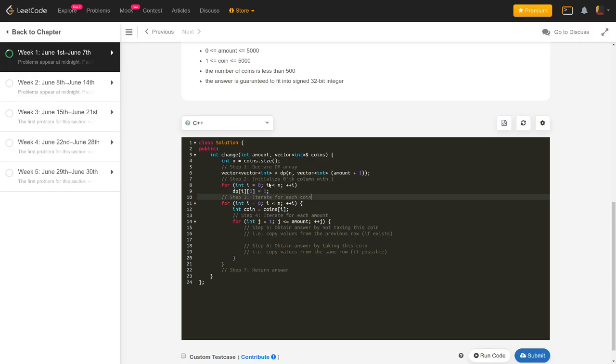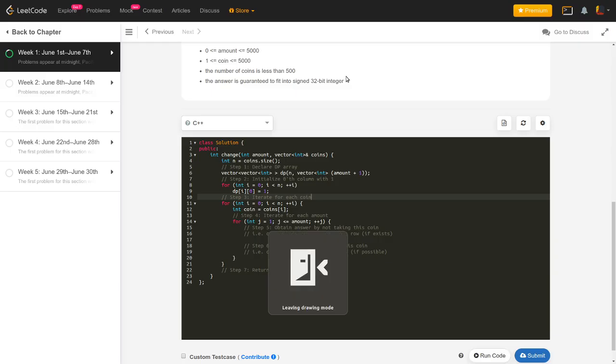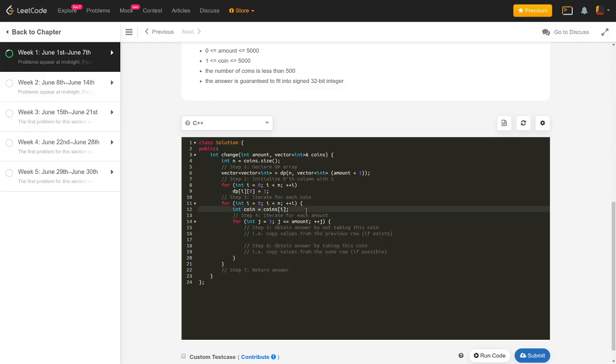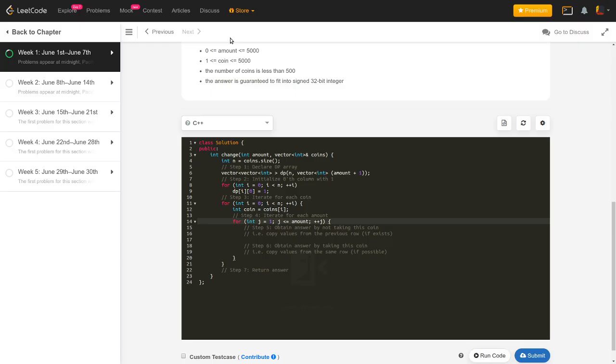Step 3 is, we start iterating for each of the coins. So the coin at index 0, which is 2, the coin at index 1, which is 1, the coin at index 2, which is 3, and the coin at index 3, which is 4. We just start iterating on all these coins, and we'll take the decision whether we can copy the value from the top, or we can copy the value from the amount minus the denomination of the coin. So this is what we'll be doing. For each amount, j equal to 1 and j less than equal to amount, j denotes the amount that I'm trying to make. This is how the j will go, and this is how the i will go. These are the variables of the loops.